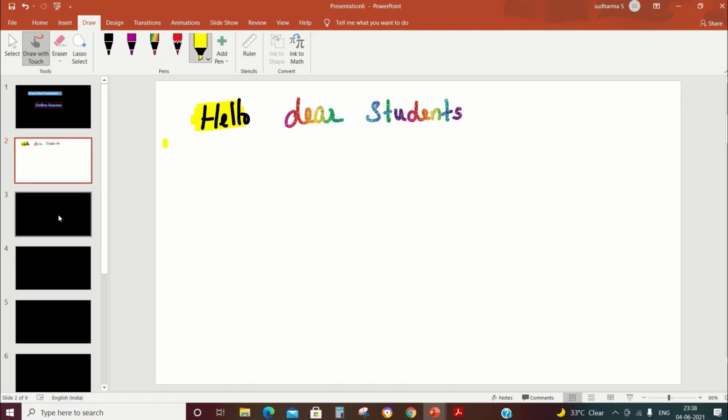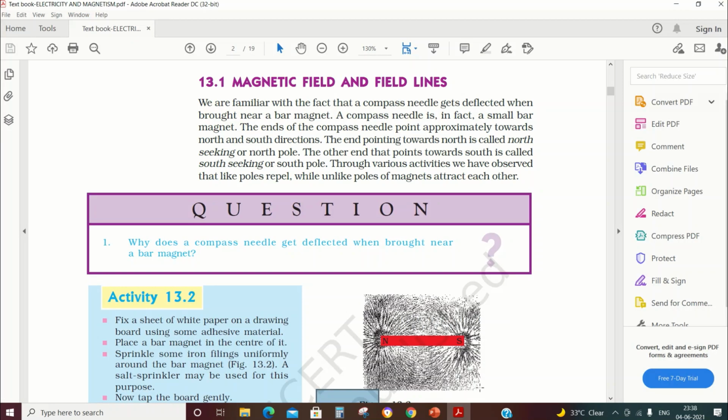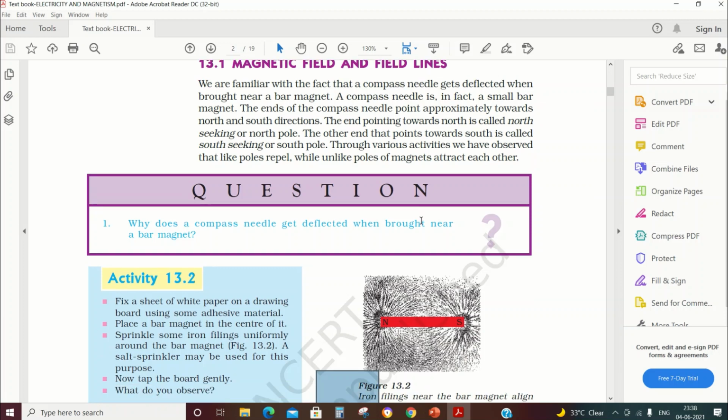Now the next important thing for any teacher is to keep the content ready, especially the textbook content. How do you keep the textbook content on this board? If you have the PDF version or the Word version of any content, any chapter, just keep it open.